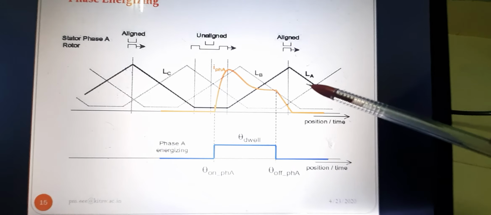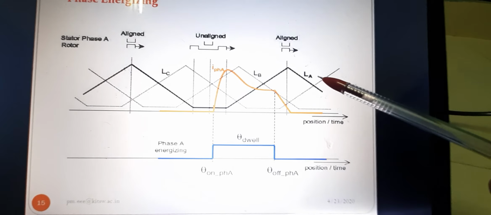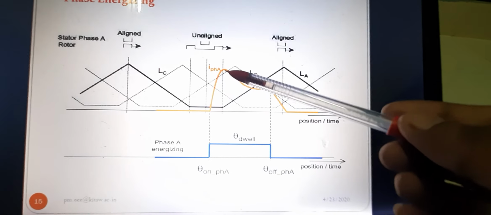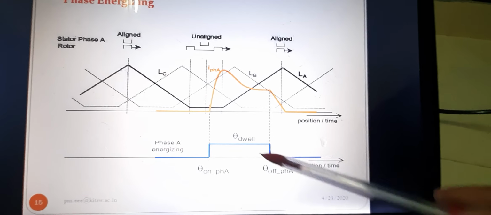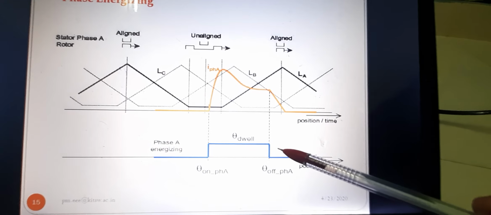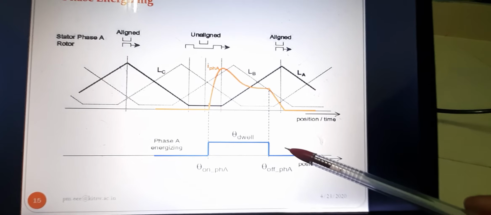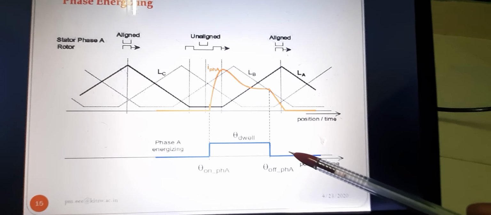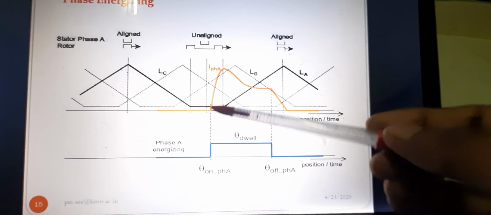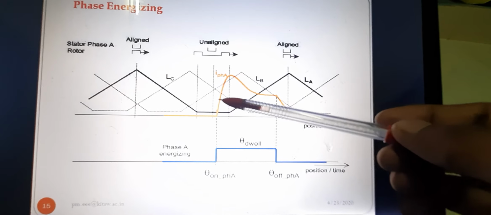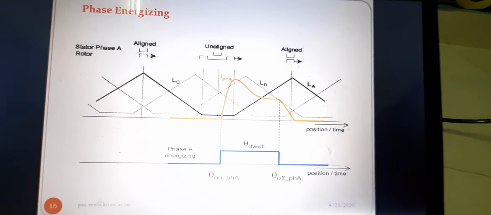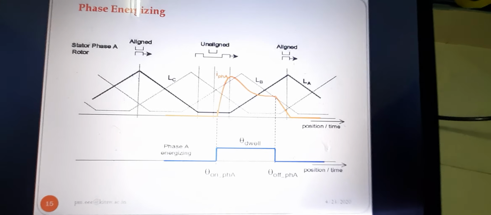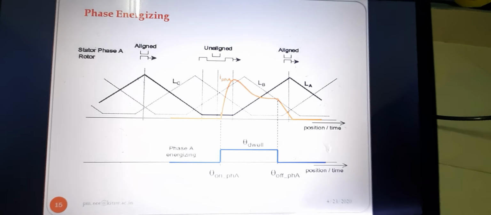The dark part shows the R-phase system. Here the current supply is given, meaning phase A is turned on, and the power converter switching operation is shown here also. Phase A is energized. Observe here, initially a small amount of current flows. Once the inductance reaches its minimum value, the required current is less, because the inductance has already stored some energy.